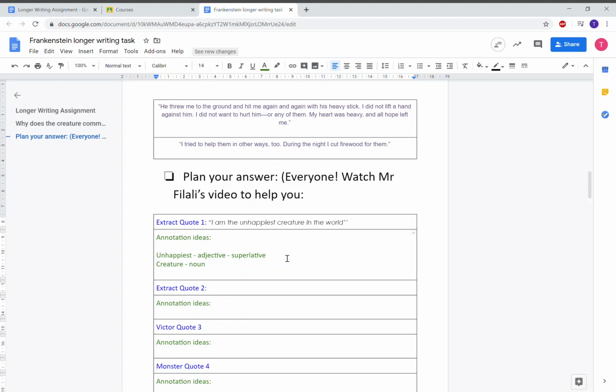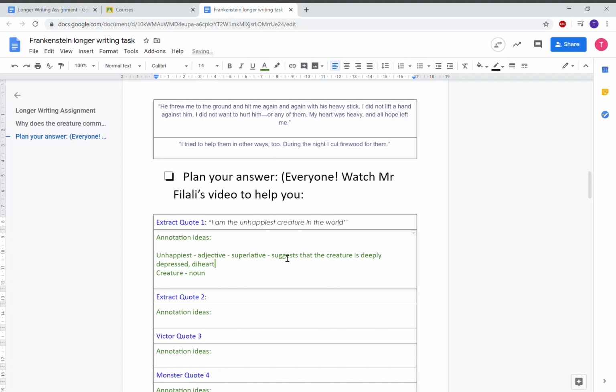So the fact that the creature says that he is the unhappiest creature in the world, the use of that superlative, I think you could say it suggests that the creature is deeply depressed, deeply disheartened with life. The fact that he uses this word, the superlative unhappiest, suggests that he's deeply depressed, deeply disheartened with life,